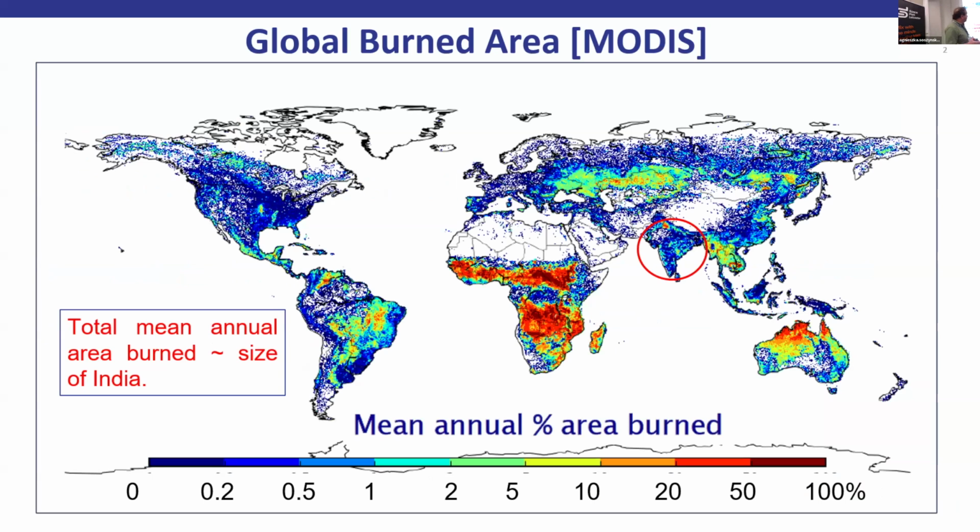So fires are all over the planet. This is the MODIS burned area product, which is super widely used. And you can see places like Africa burn, huge areas burn every year. The annual area burned is about the size of India if you add it all together. But actually, it's probably much more than that, because this is 500-meter data, and there are plenty of small fires that you can't actually see with 500-meter data. So probably the real burned area is maybe even twice that. There were some studies about that recently.